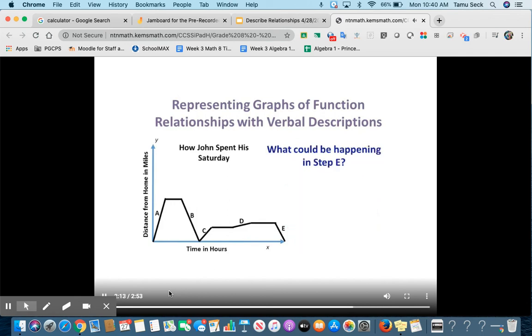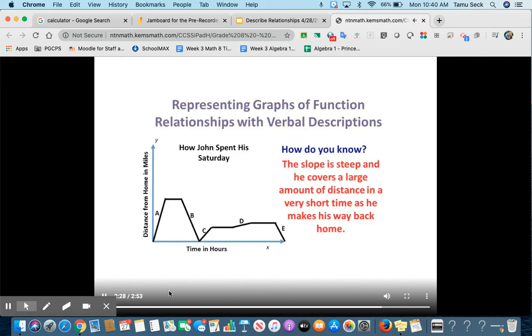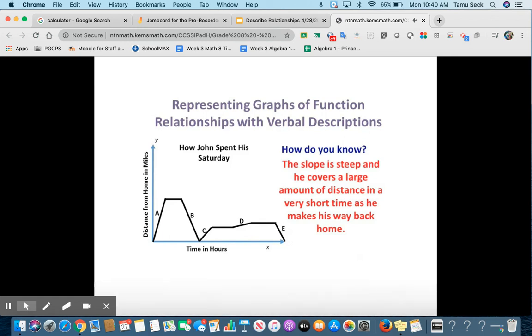And what could be happening in step E? He biked home as fast as possible so that he wouldn't miss his favorite television show. How do you know? The slope is steep, and he covers a large amount of distance in a very short time as he makes his way back home. We created this set of events to describe John's day. Note that this is only one possibility, as